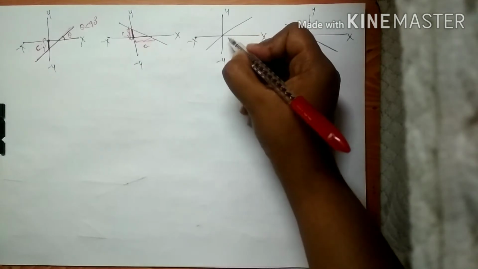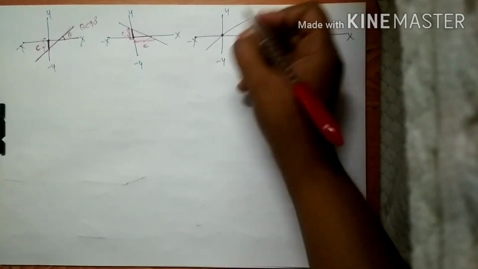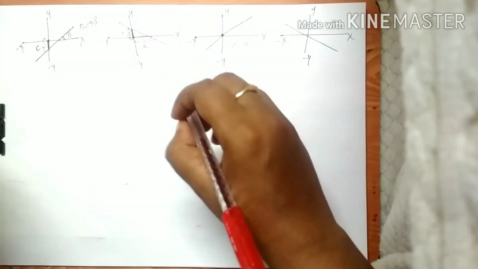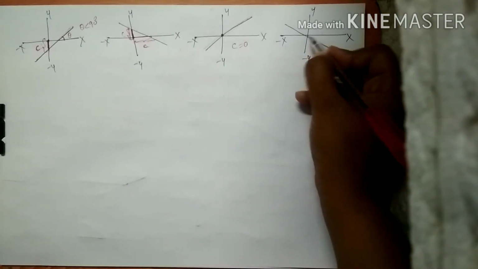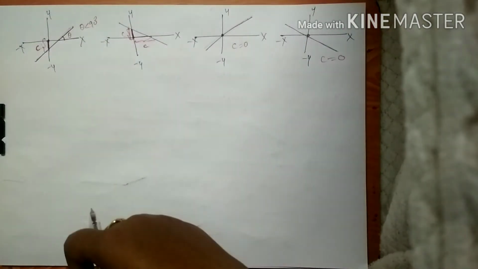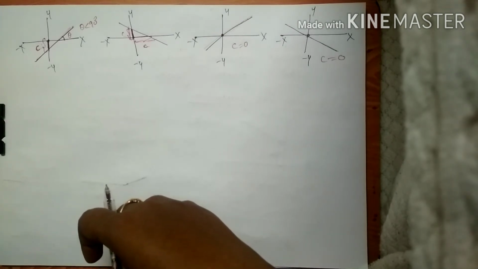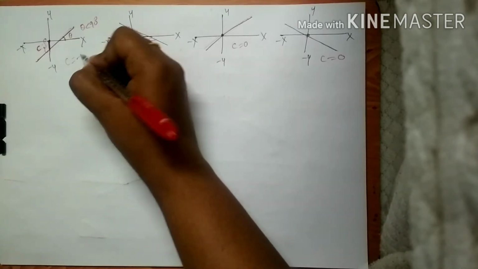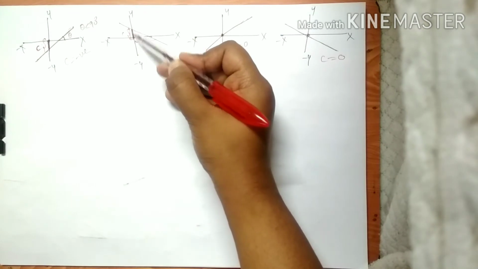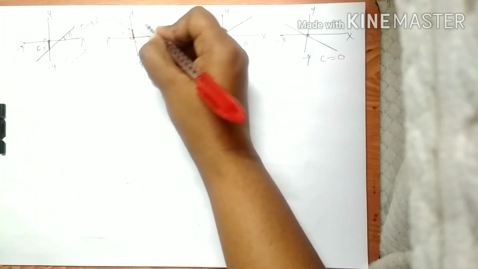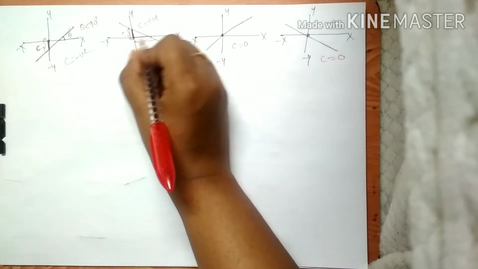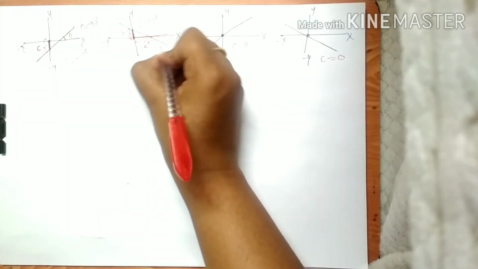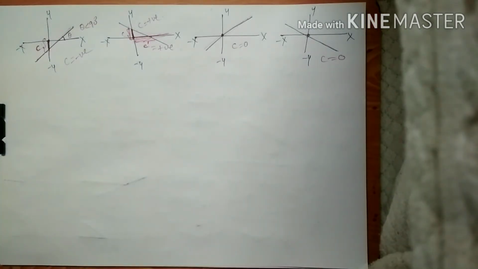Okay, here from origin you don't have to move anywhere because the line is passing through the origin. So here the intercept will be 0 along x and also along the y-axis. Here also your intercept will be 0 along x and y-axis. So this way you can look up the intercept. Here your intercept will be along the negative y-axis, so the intercept will have a negative value. Here if you look for the y-intercept, then it is giving a positive value. Also the intercept at the x-axis, if we call it C dash, that is also on the positive x-axis, so it will also give a positive value. So this way you can look up the intercepts.